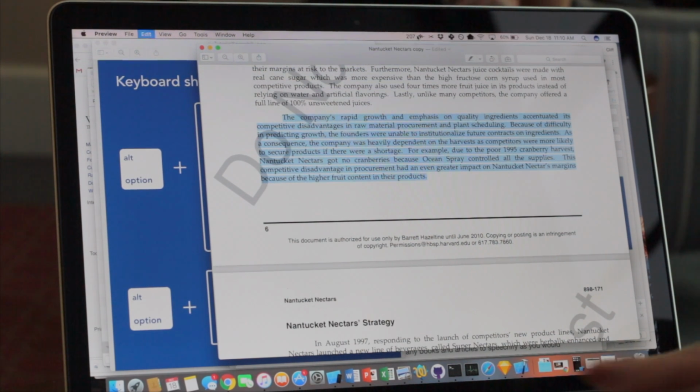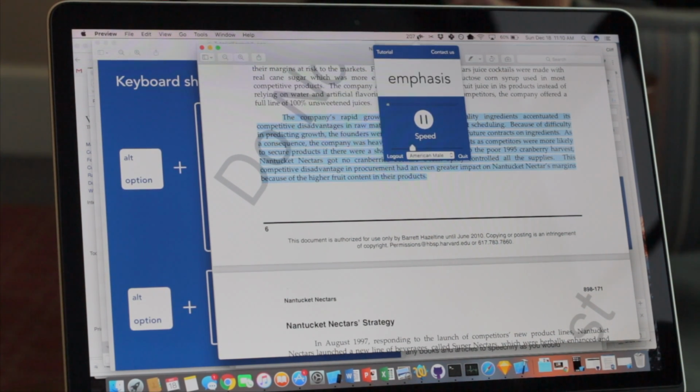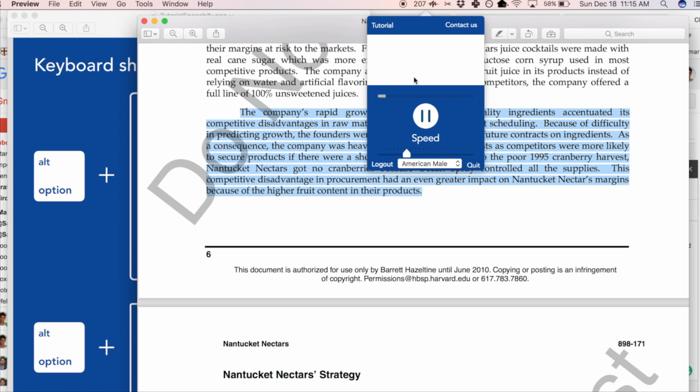The company's rapid growth and emphasis on quality ingredients accentuated its competitive disadvantages in raw material procurement and plant scheduling because of difficulty in predicting growth. The founders